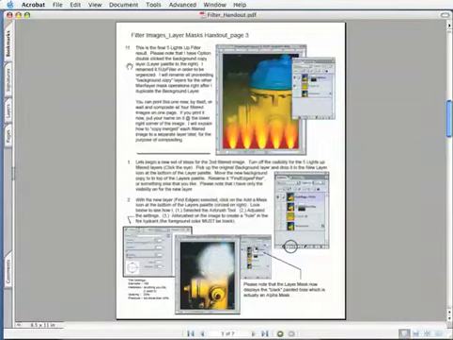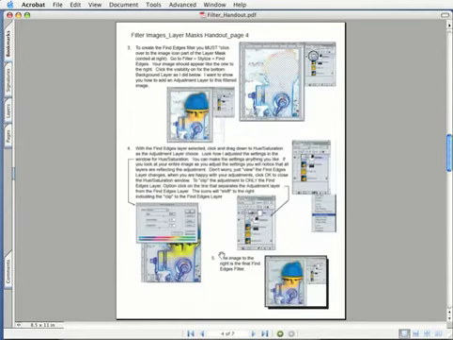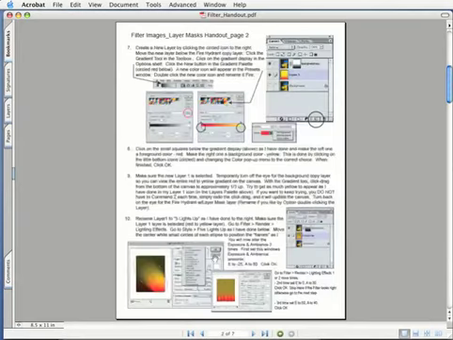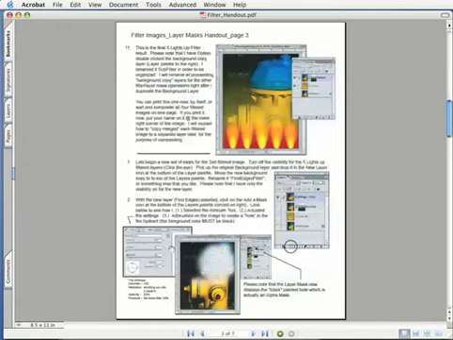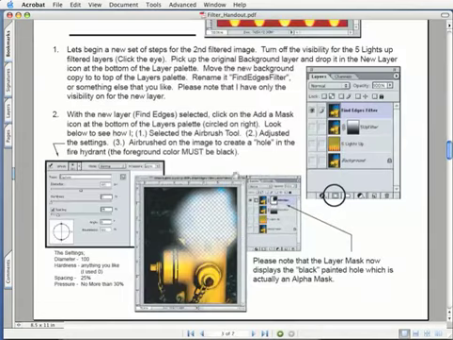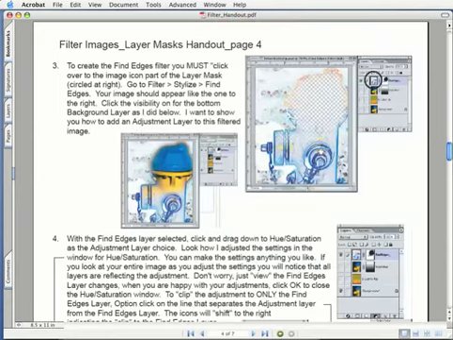Okay, let's begin with movie 2. You can see right here that I have on my handout the 5 lights up. Below it we're going to do what I refer to as the find edges. And on the find edges one, we are going to get closer to the PDF file, and you can see that you simply get rid of with a layer mask where an area of the fire hydrant is, and now on the next page you turn that into a find edges filter,